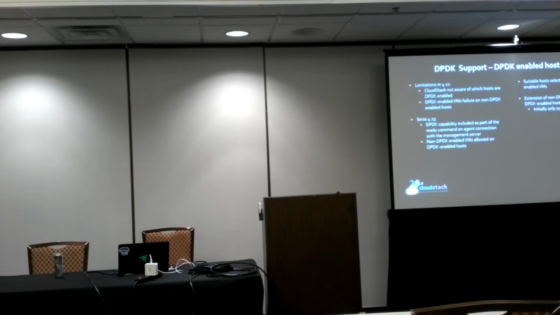But in order to do that, we need to let the management server know that DPDK is enabled on that host. So when that property of the agent is set, the KVM host sends the management server a new capability, which is for DPDK,